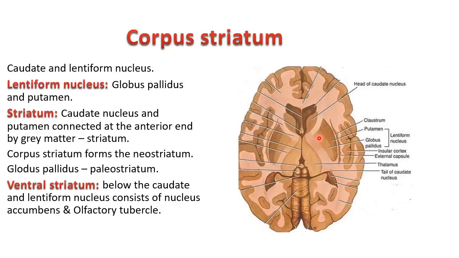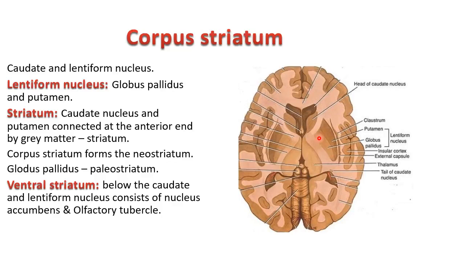So all these are sending afferent fibers. The nucleus accumbens receives fibers from your hippocampus, cingulate gyrus, entorhinal cortex, all these,